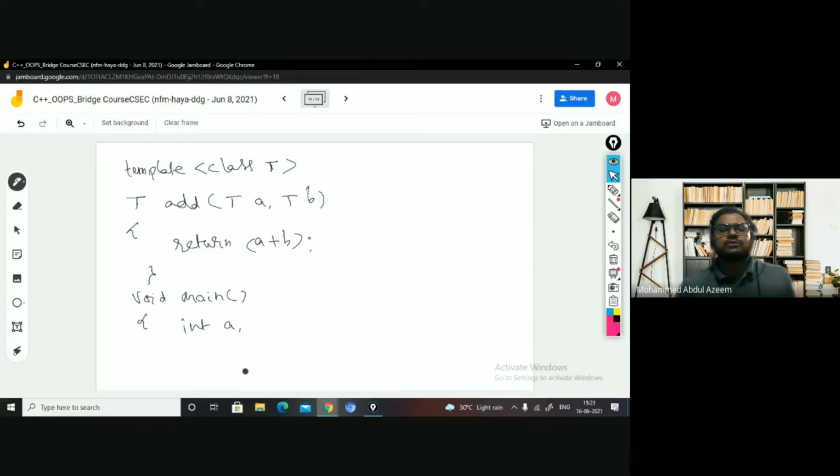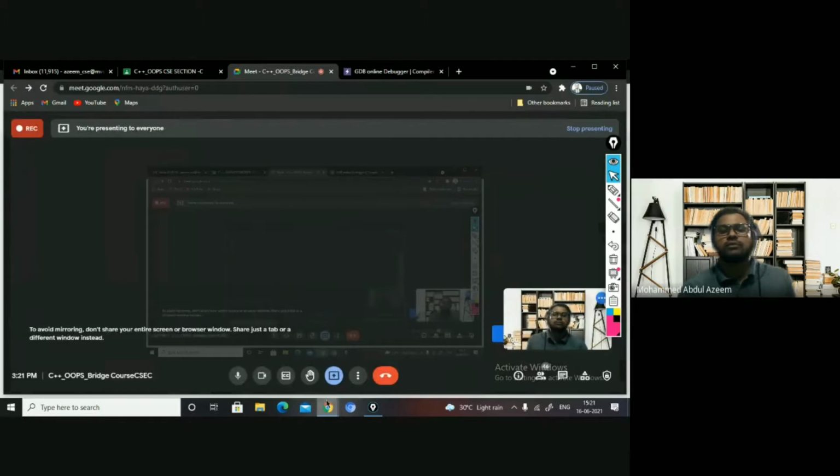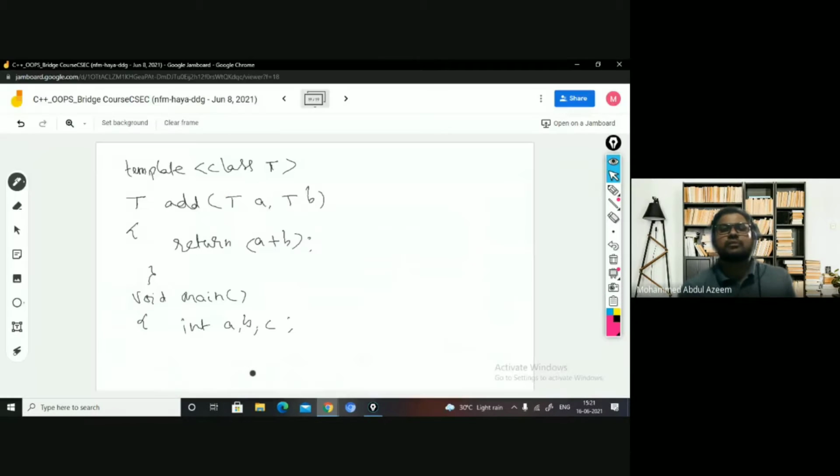I'm first taking the integer variables, and now I'm specifying some values to A and B. You can read some values from the keyboard as well if you want.